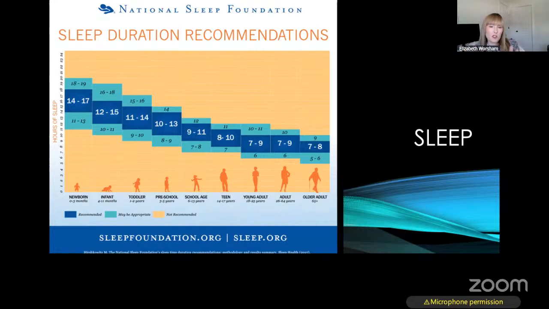You can look over this graph on what's the recommended amount for kids and adults as we age. For the population we're looking at, typically most people need around 7, 8, 9 hours. If you could get in that, wonderful. Some people are a little lower. Some people need a bit more. Everybody's different. If we're dropping below 7 in a developing person, that's a big concern. You should see somebody about it.